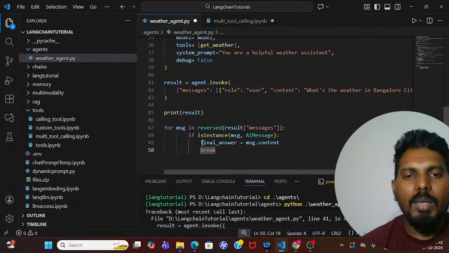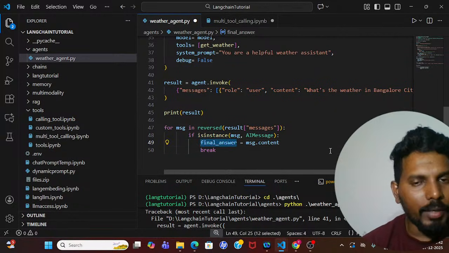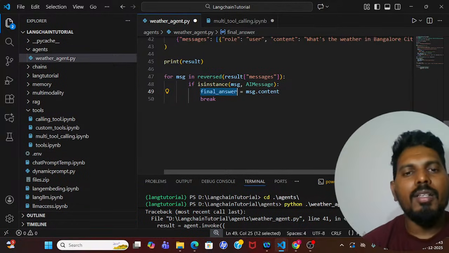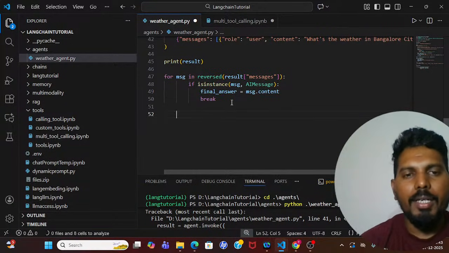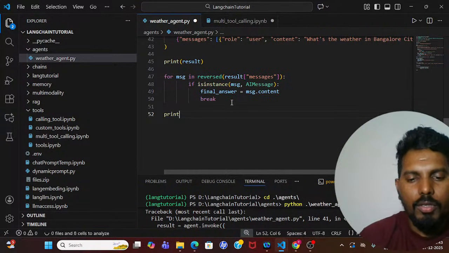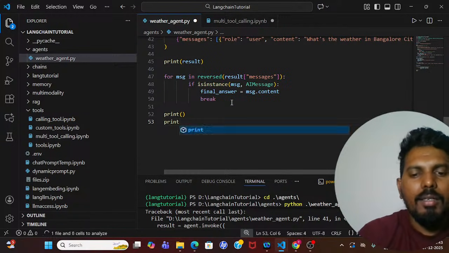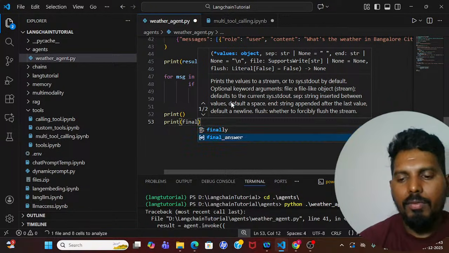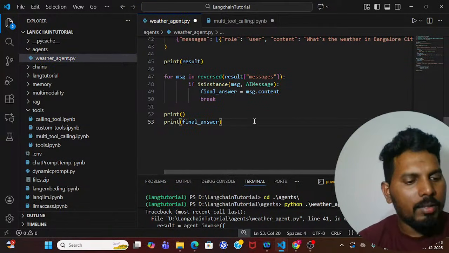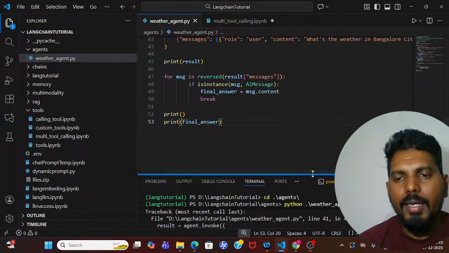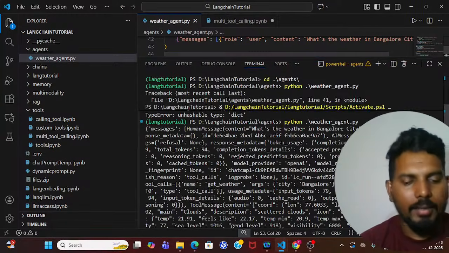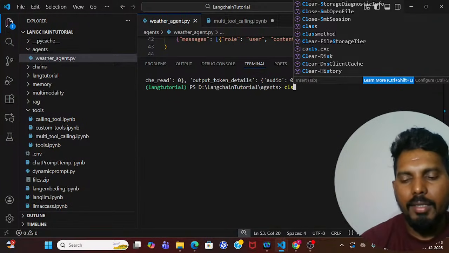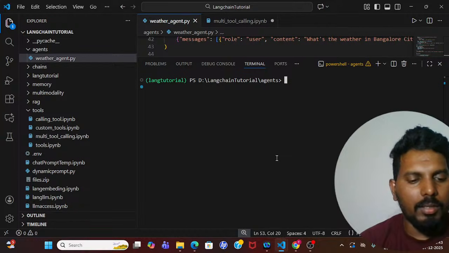Now I am storing my final answer inside my final answer variable. All right. So now let me print my final answer. Before that, let me give a line break, and then print the final answer. Final answer. All right. So let me save it, and then I'm going to run my agent again. Let me clear my screen. All right. Now